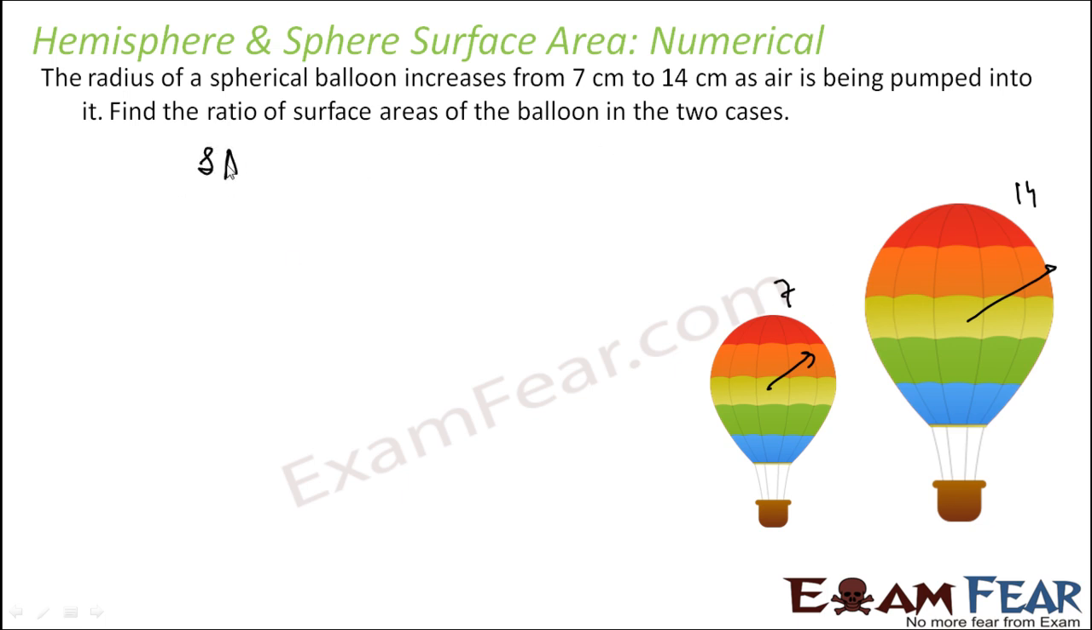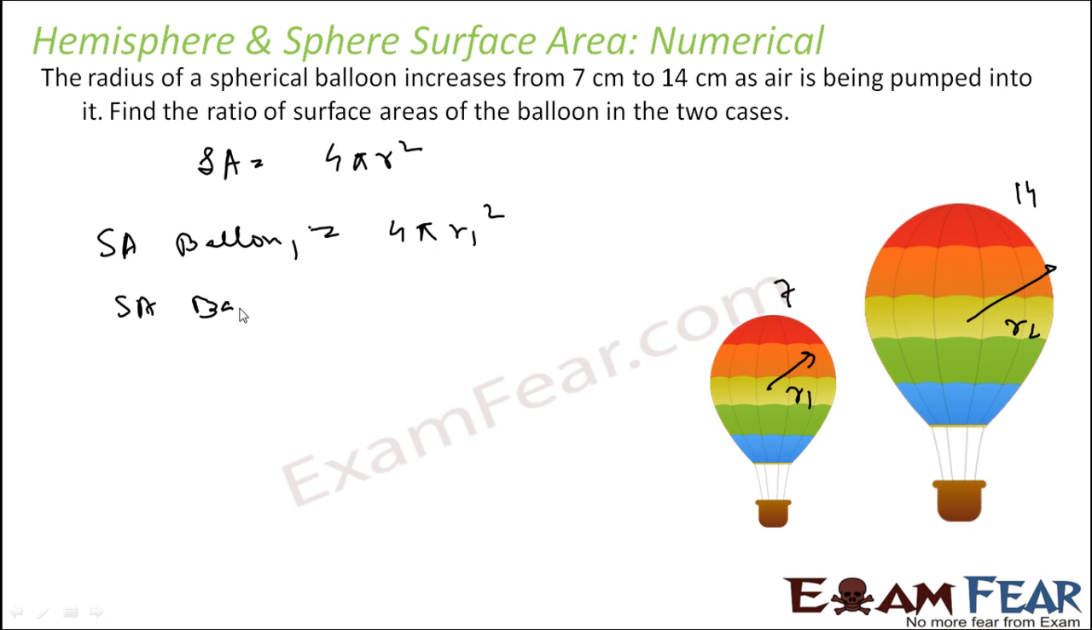The surface area we know is 4 pi r square. Let's suppose the radii are r1, r2. Surface area of balloon 1 will be 4 pi r1 square. Surface area of balloon 2 is 4 pi r2 square. So if you want to find the ratio, surface area of balloon 1 by surface area of balloon 2